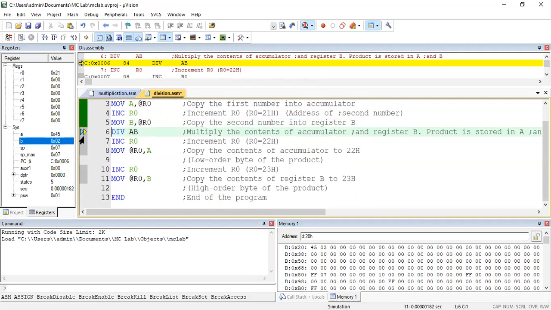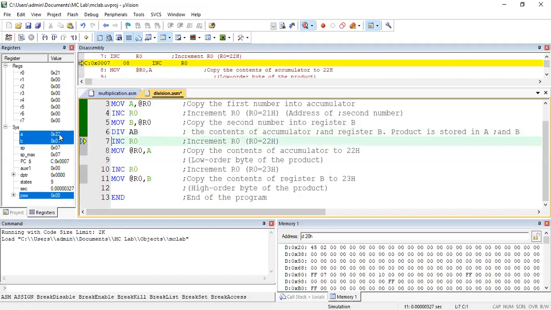There you have 2. 2 is copied into B. Divide AB. When you divide AB, A is divided by B and quotient is stored in A, remainder will be stored in B. Now quotient will be 22. 22 is stored in A, 1 is stored in B.